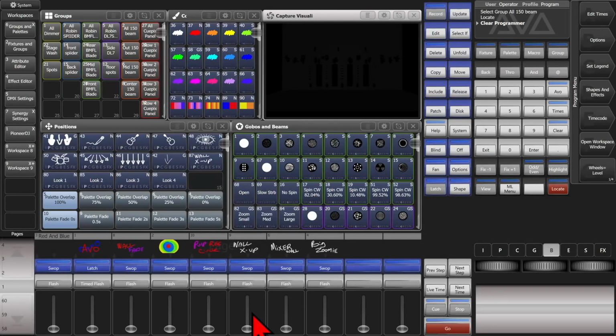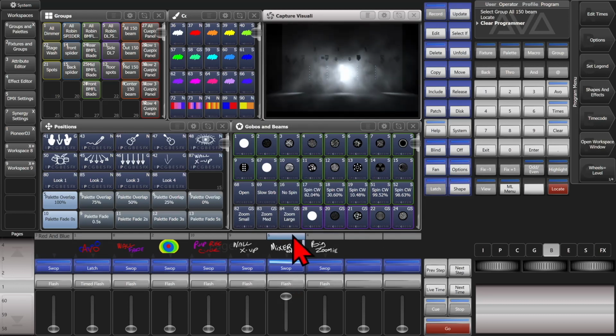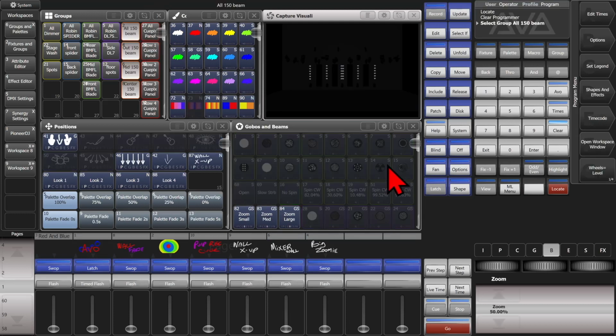Here I am on version 16 of Titan on the Titan Go visual interface. And see here, we've got a little show set up here. I got some LED beam 150s on the back wall there that we'll do this with. So if I select my beam 150s, and then I'm going to go to our beam attribute, and we can